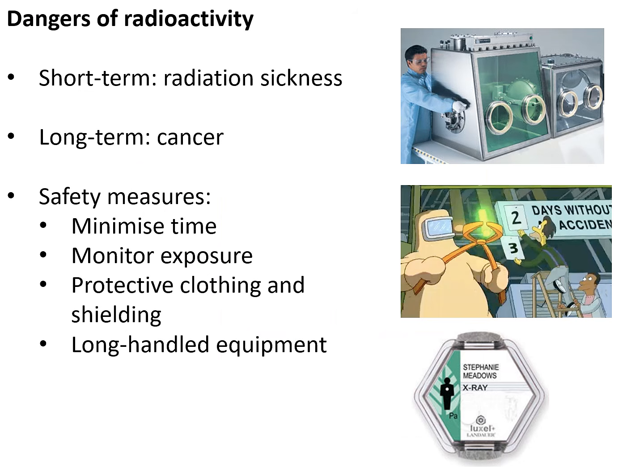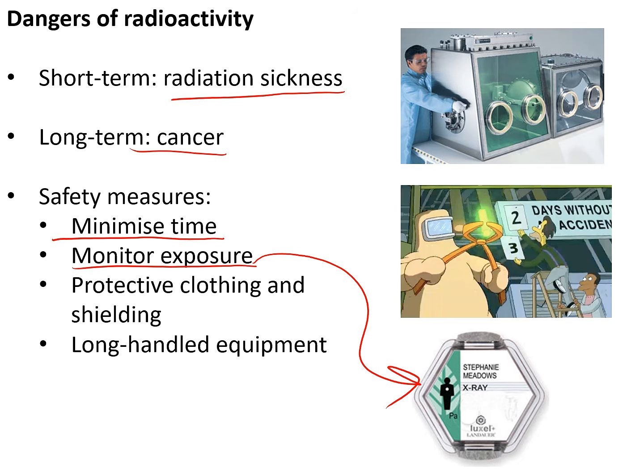Radiation can be dangerous in the short term. It can cause radiation sickness, which can kill very quickly. In the long term, it can cause DNA damage that leads to cancer. So in order to minimize the risks of that, you reduce the time you spend around the radioactive sources. You monitor your exposure using a special badge called a dosimeter. You wear protective clothing, and you work with shielding like this, and also you use long-handled equipment so you're not